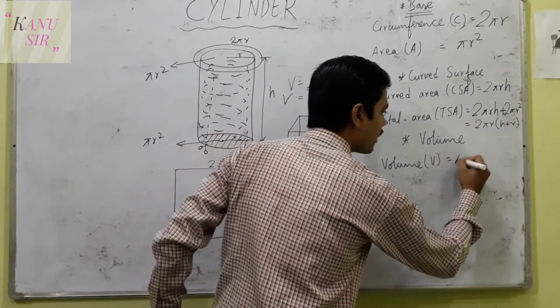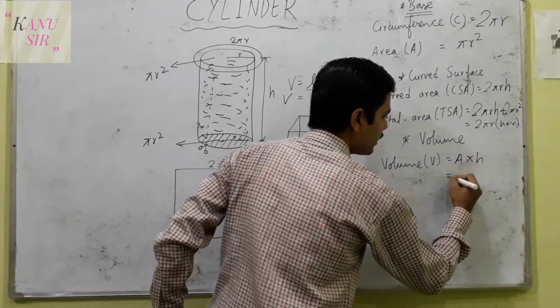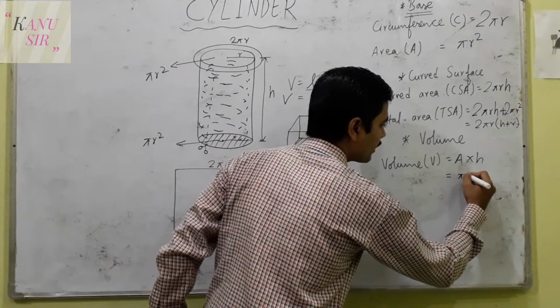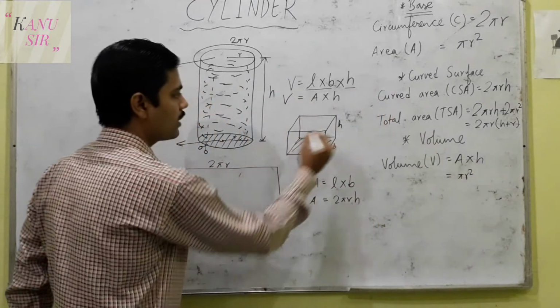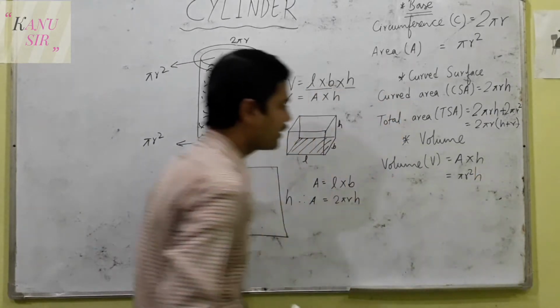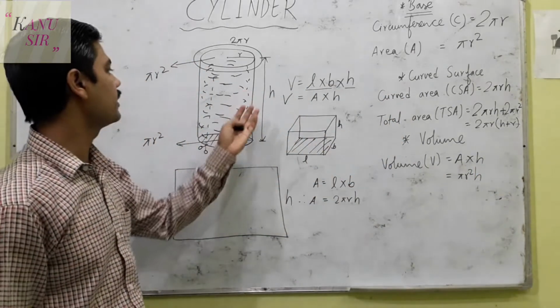So area into height, and the area of the base is a circle, that is pi r square, and the height of a cylinder is taken as h,